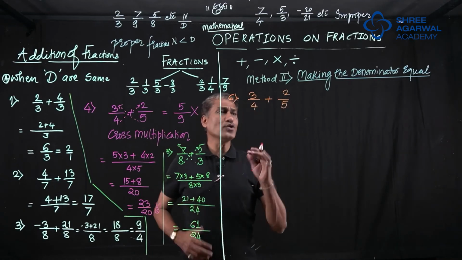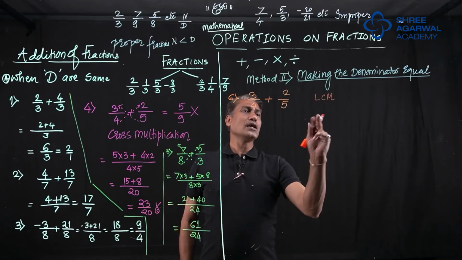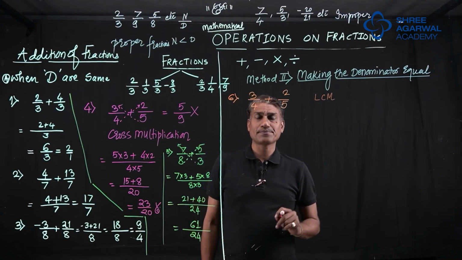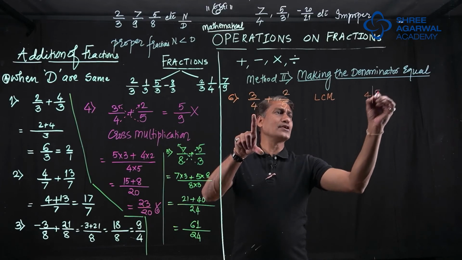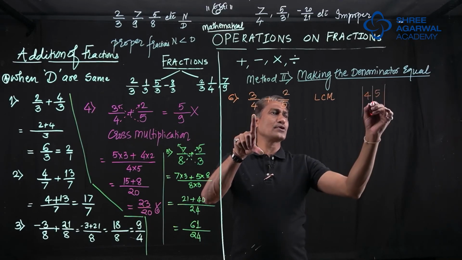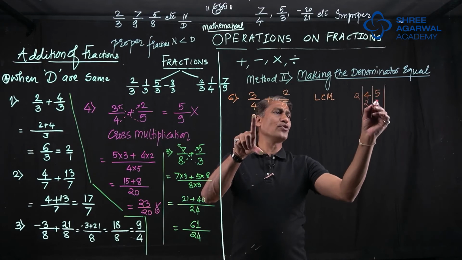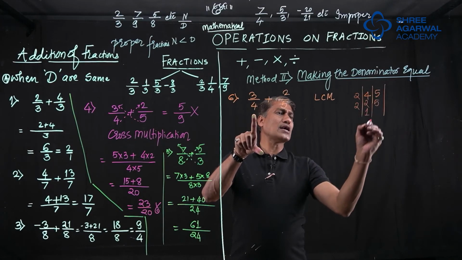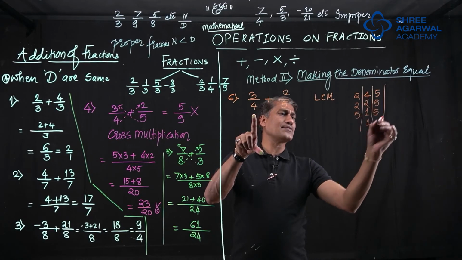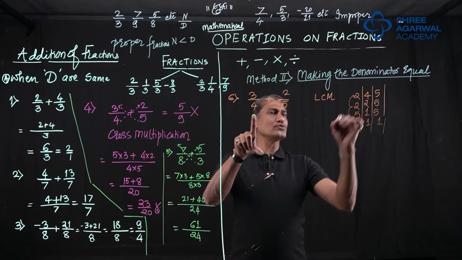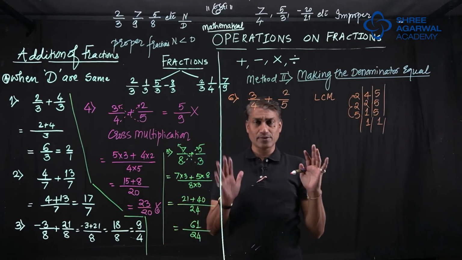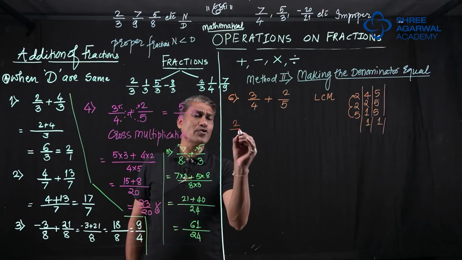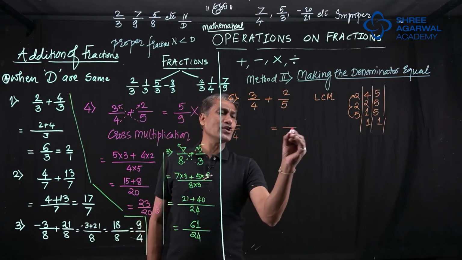Okay. Now you know what is LCM, least common multiple. To find the LCM of 4 and 5, you know this method, you must be doing it many times. So 2 2s are 4, 2 1s are 2, 5 1s are 5, and now the LCM is ready. 5 2s are 10, 10 2s are 20. LCM is 20. The LCM of 4 and 5 is 20. Okay. Now this number 2 upon 4 should have a denominator 20.